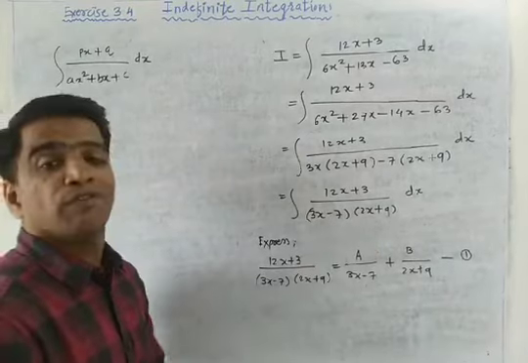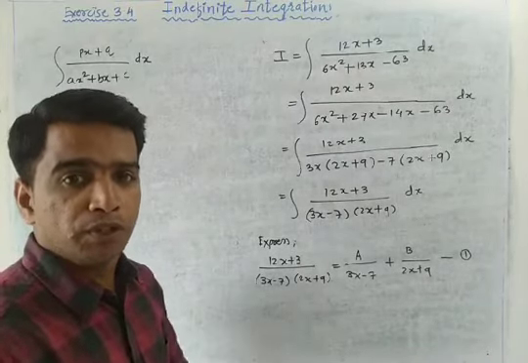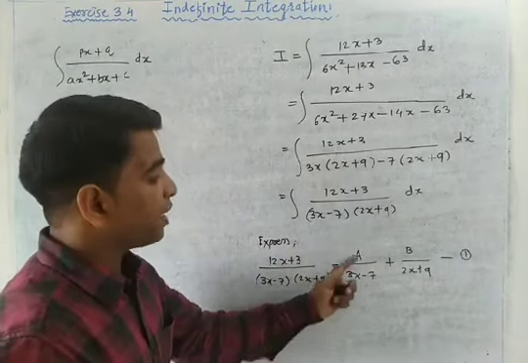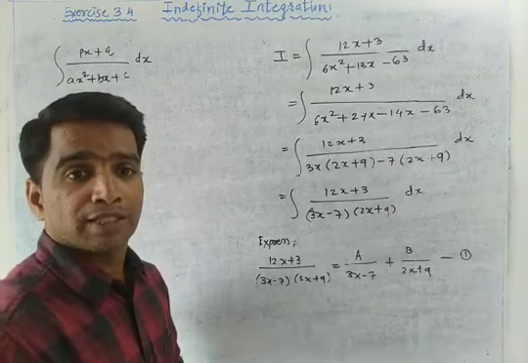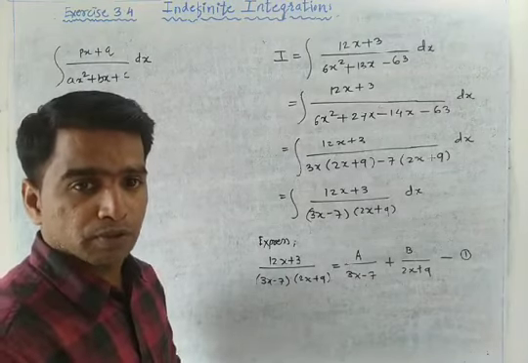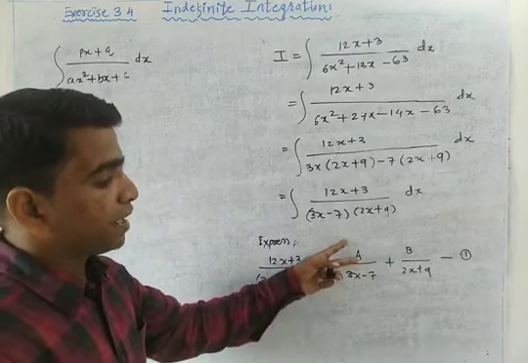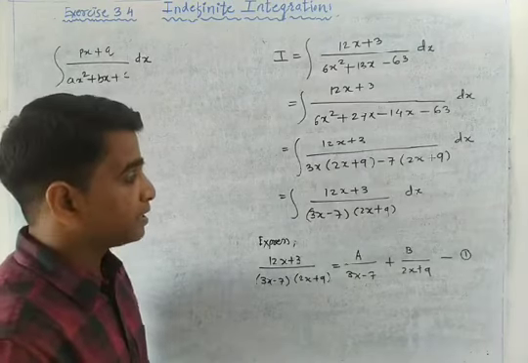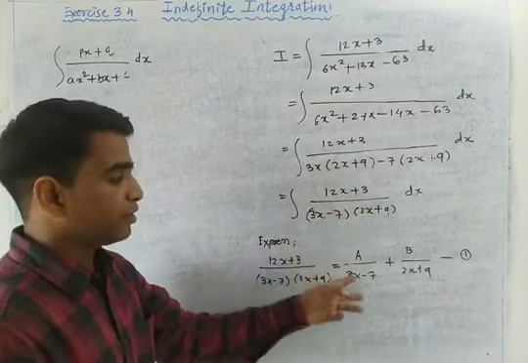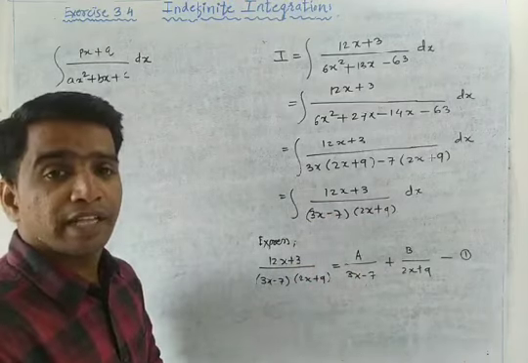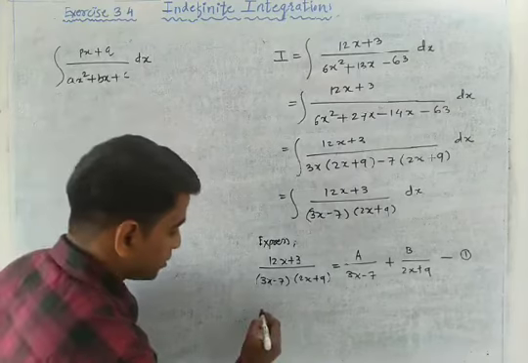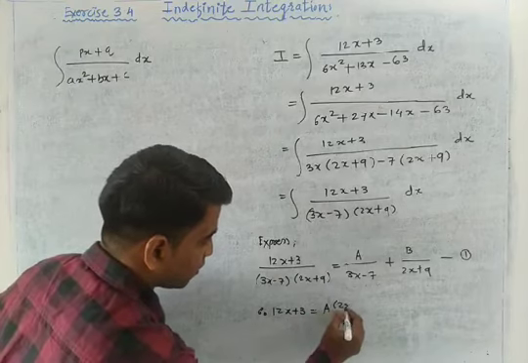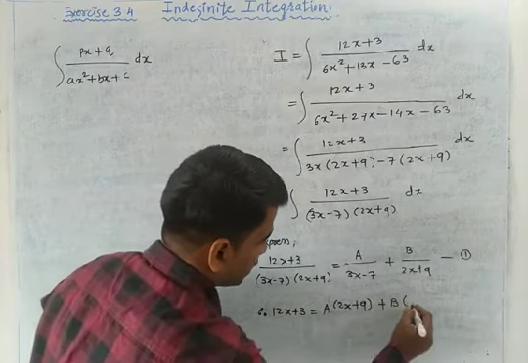See, the order of fractions depends on you. It's not necessary that you use the same order. With respect to that, the constants will change. So don't compare your answers A and B with other students, because sometimes the values of A and B will be different, and you will think that your result is wrong. But it does not depend on that; the order of the factors you choose as first and second defines the values of A and B. Get it?